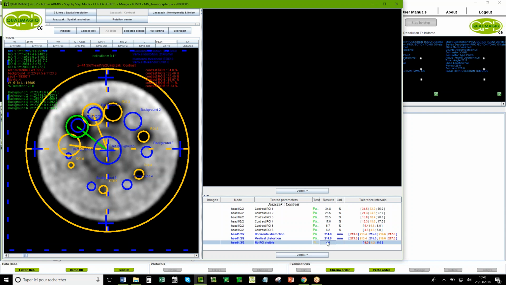So we can count the number of visible targets. And because we detect the edge of the phantom, we can rapidly do a geometrical distortion test. We compare the real size of the phantom with the size in the image.